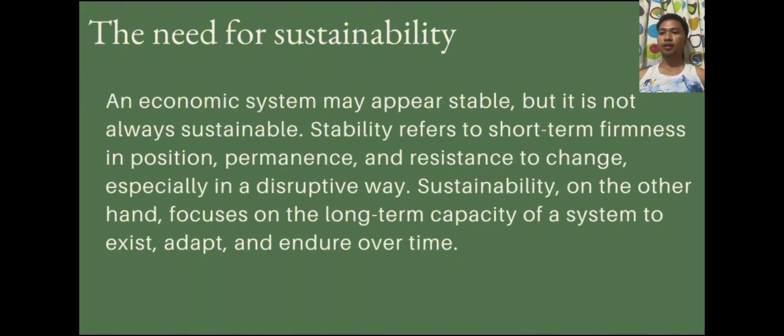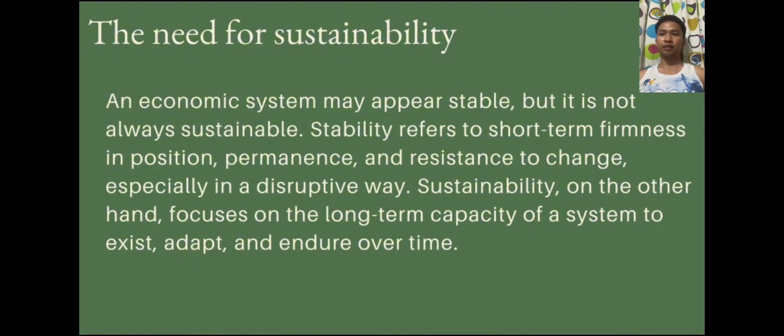An economic system may appear stable, but it is not always sustainable. Stability refers to short-term firmness in position and permanence, resistant to change, especially in a disruptive way. And sustainability, on the other hand, focuses on the long-term capacity of a system to exist, adapt, and endure over time. So, do you know the difference between